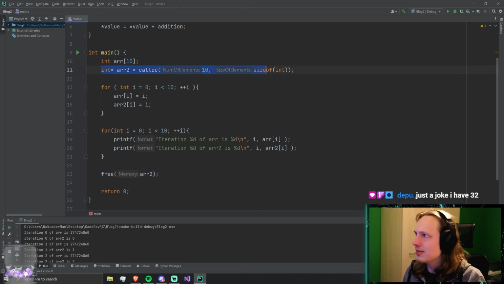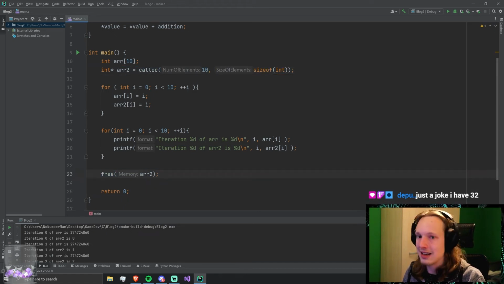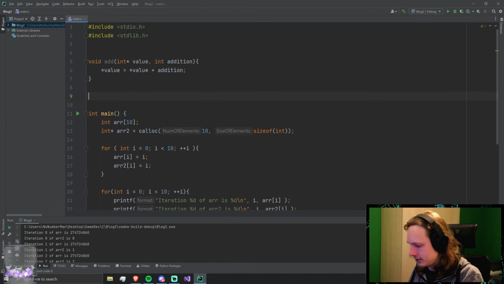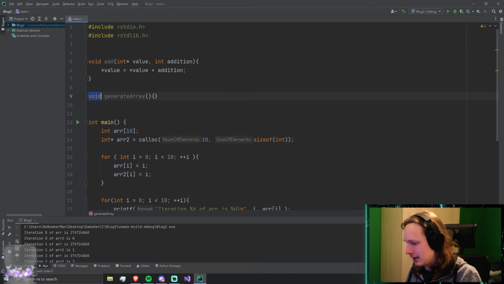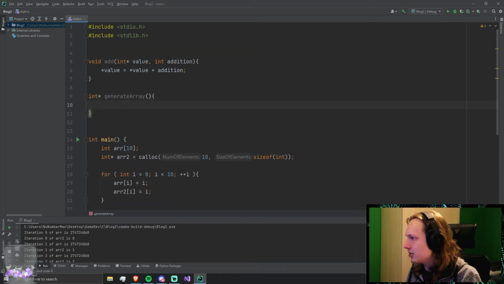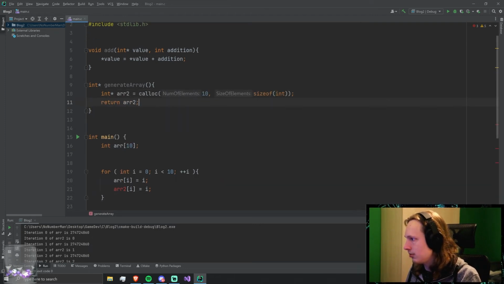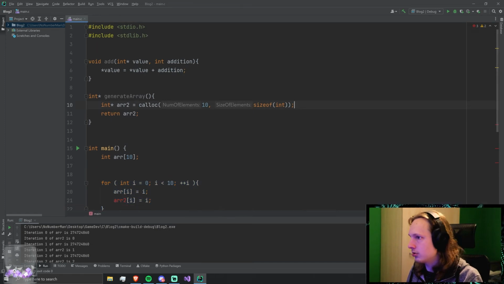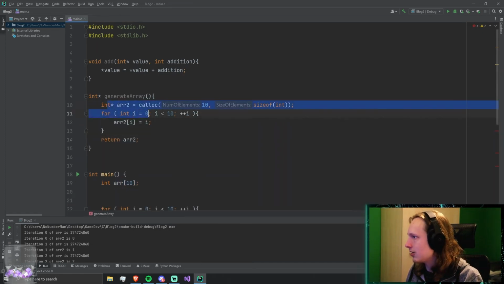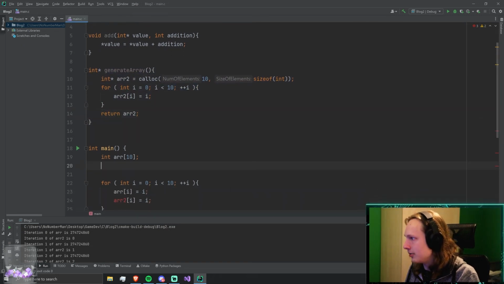And even if you call calloc and you delete it in the same function, it's still quite easy to see, right? But what if we just have a void and then generate array for us, and we get an int pointer back actually. And what it does is it just does this for us. Maybe it even just fills r2 for us. That's a handy function. So it just creates r2, it fills r2 with values, and then it returns r2. And all that we have to do is int pointer r2 equals generate array. There we go.